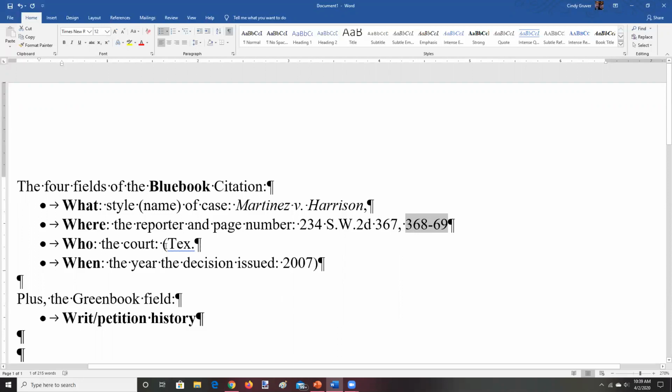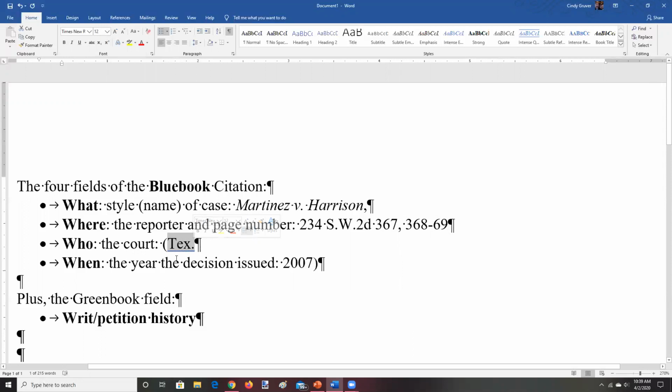And when we say who, we mean which court. Who decided this particular case. And we don't mean the name of the judge who wrote the opinion. We mean the actual court. In this case, we can see it's a Texas court. We use the form TEX period only to refer to the Texas Supreme Court. That's it. Whenever you see the abbreviation for a state and there isn't anything else, it means the highest court